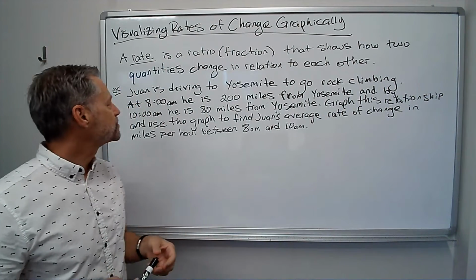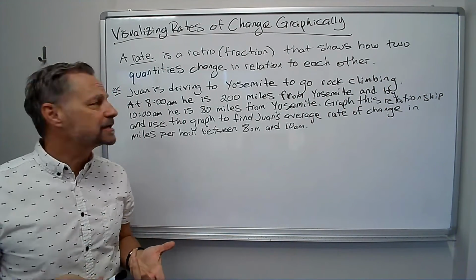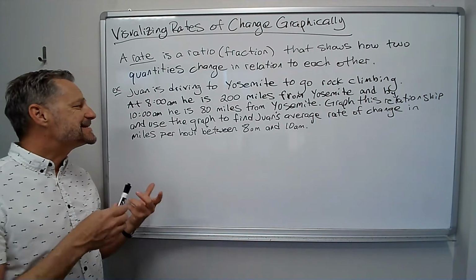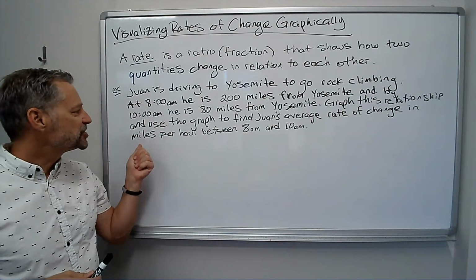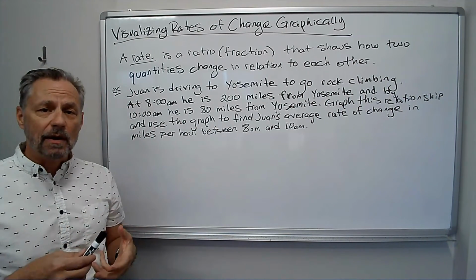each other. Okay, so the example is Juan is driving to Yosemite to go rock climbing. At 8 a.m. he is 200 miles from Yosemite, and then by 10 a.m. he is 80 miles from Yosemite. Graph this relationship and use the graph to find Juan's average rate of change in miles per hour between 8